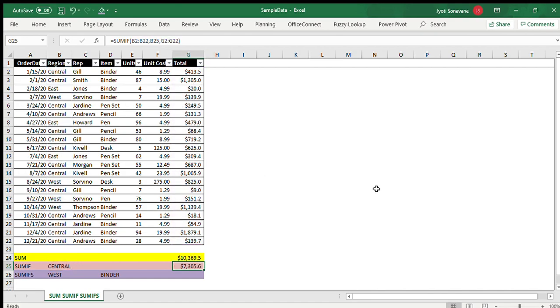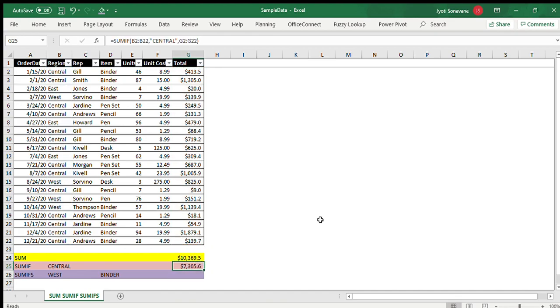So let's again apply the SUMIF formula using text within the formula. Again I will use SUMIF, bracket open. I will select the criteria range, comma, and here now we are writing down what the criteria is. So again double inverted commas, type Central, close the inverted commas, comma, and then the sum range, bracket close, hit enter.